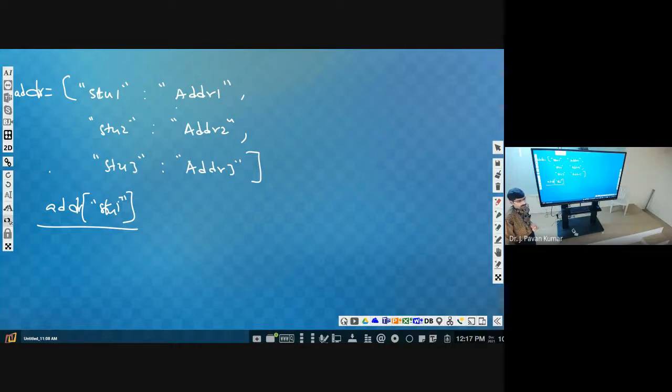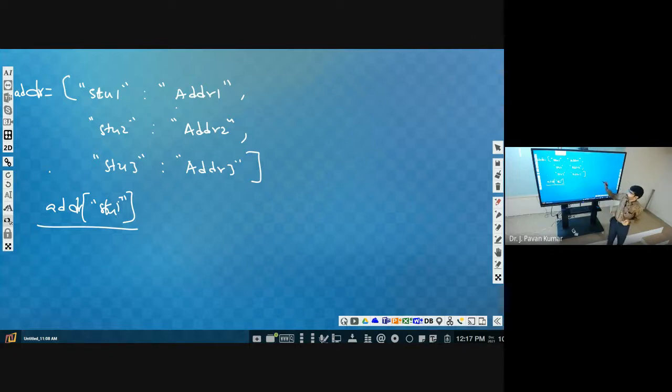Got it? So this is called a dictionary. A dictionary is a collection of key value pairs. Earlier we have seen that this is similar to a list, but the index is defined by us. You can relate like that until you get some familiarity with this.